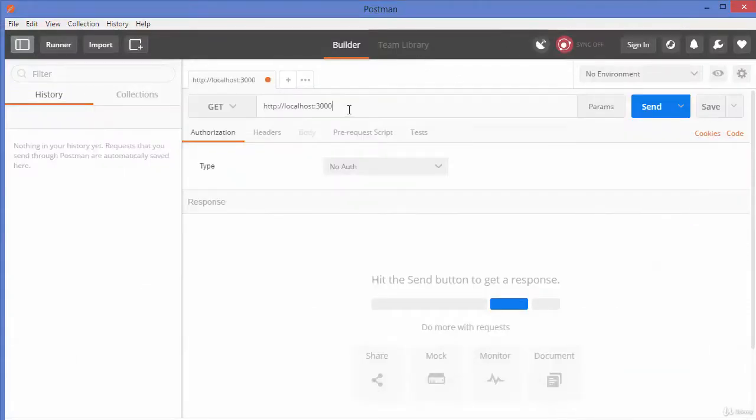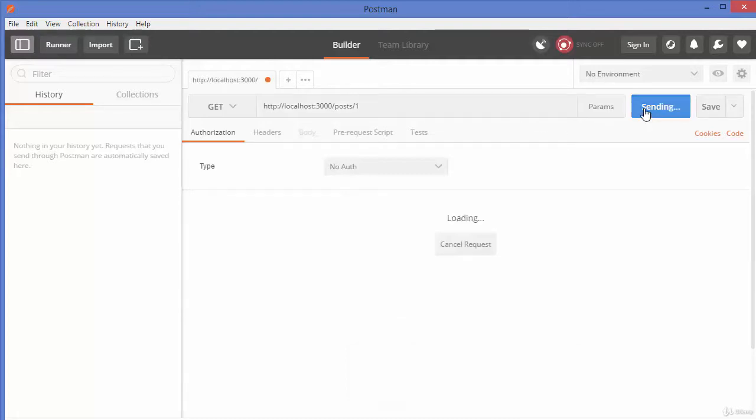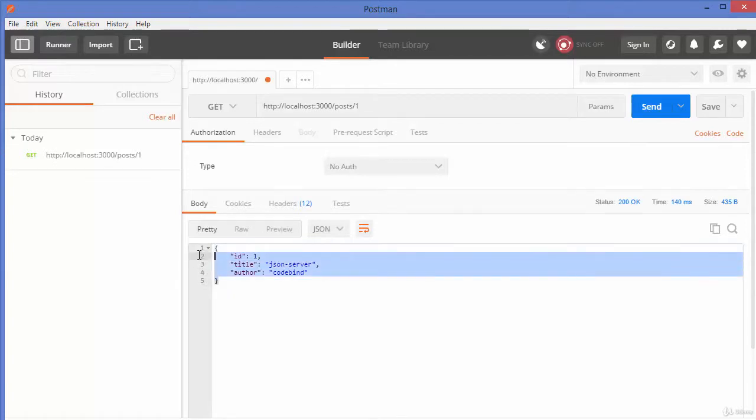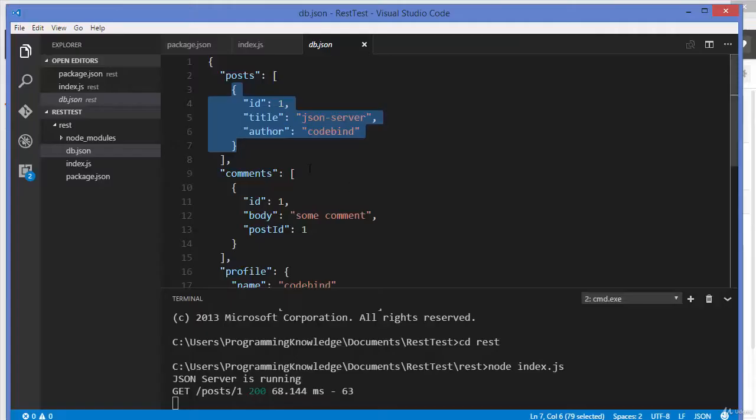So what I can do here is I can just send a request on posts. So posts is my resource, and let's say I want to just get the post whose ID is 1. So I'm going to just write 1 here, right? And then I will just send this request, and then you can see I get this response. So for example ID is equal to 1, title is JSON server, and author is Codebind,